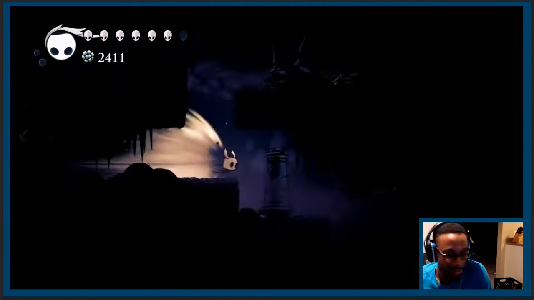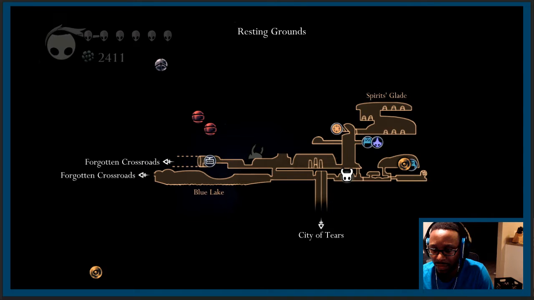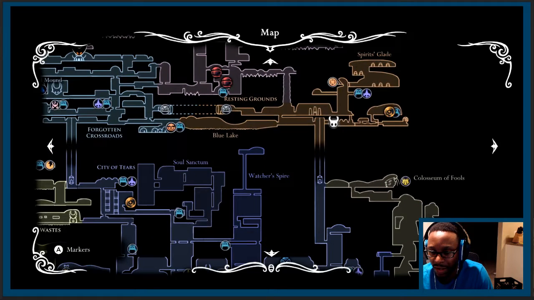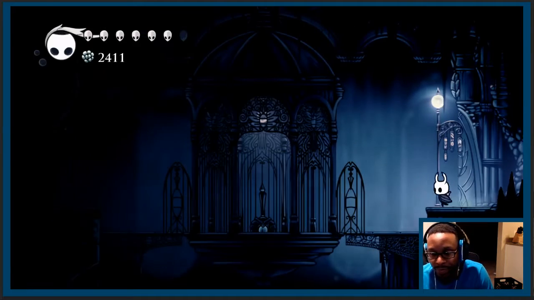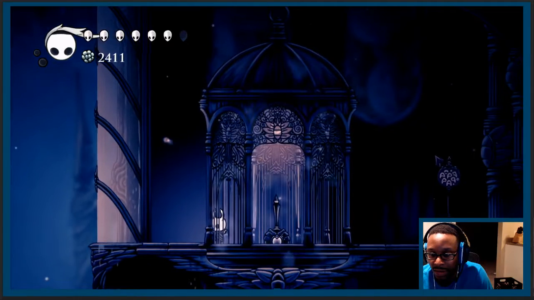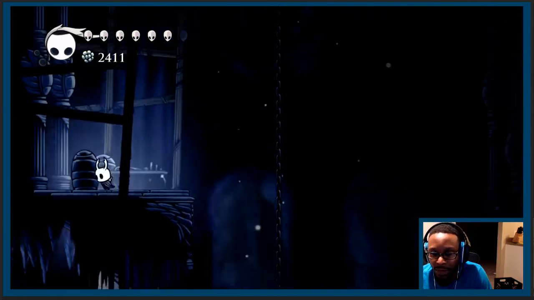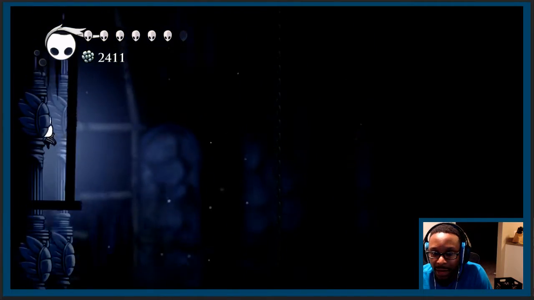So back to the Coliseum. Where am I? Okay. Keep getting lost. And it's... You have to exit this thingy early or something. It's good to have a double jump. This hidden Coliseum in the city's